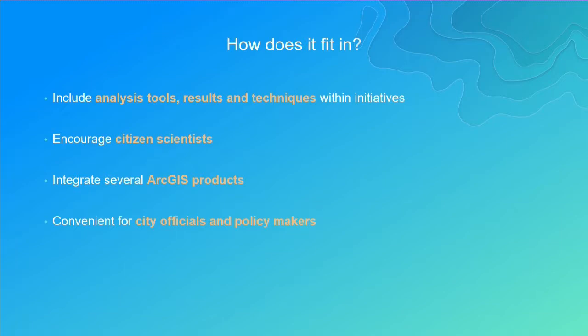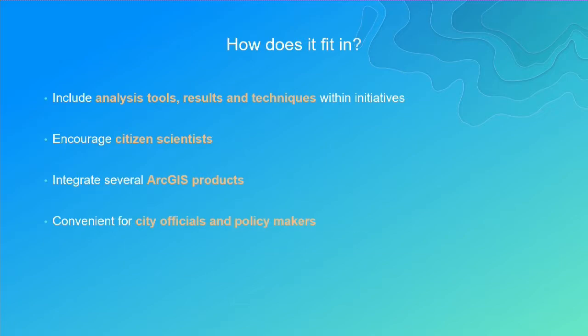for their communities. The best part about the initiative here is we're using all the ArcGIS products, and we're identifying the best tool, best product available for the particular analysis. As I've shown you, we've used the API, we've used Pro, we've used the web map builder, the story maps. We're identifying the best tool for the particular analysis, and then we're packaging them all together. And the biggest advantage is we're already doing the analysis and providing it to the city officials and policymakers, eliminating the process for them to be educated enough or get into the weeds of the data and try to solve